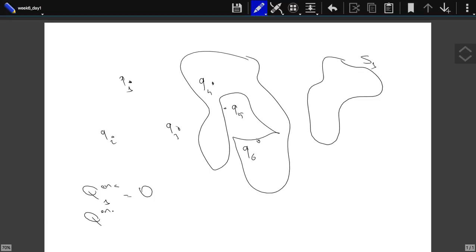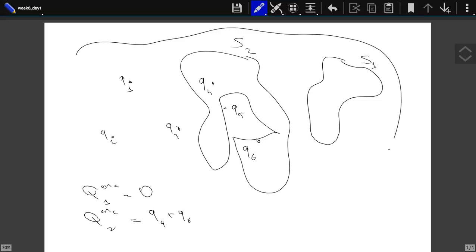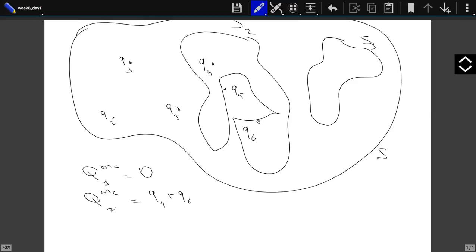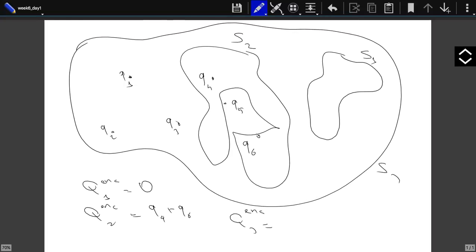Let's imagine such a surface. Q enclosed for surface 2. Q4 plus Q6. This is surface 3, Q enclosed for surface 3. This is my surface, Gaussian surface. This is the sum of all of it. Q1 plus Q2 plus Q3 plus